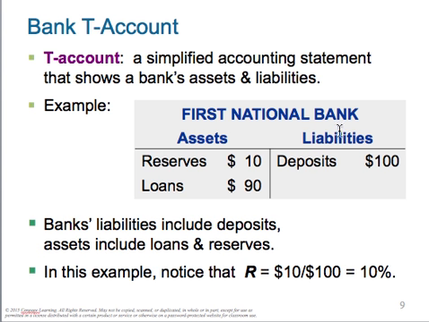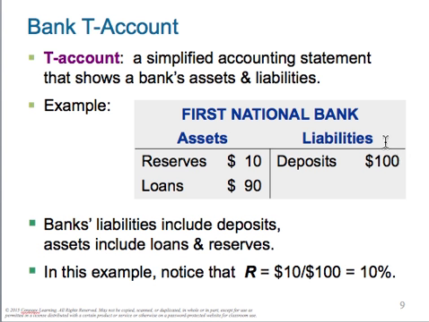Now, their liabilities are $100. People have made $100 worth of deposits. They've kept 10 in the vault and loaned out 90 of it. That's their simplified accounting statement, their T account. We've got 100 on this side, 100 on that side. They're holding $10 back in reserves. They've loaned out 90 of it. They have a liability. The depositors have put $100 in there, so they're liable for that $100